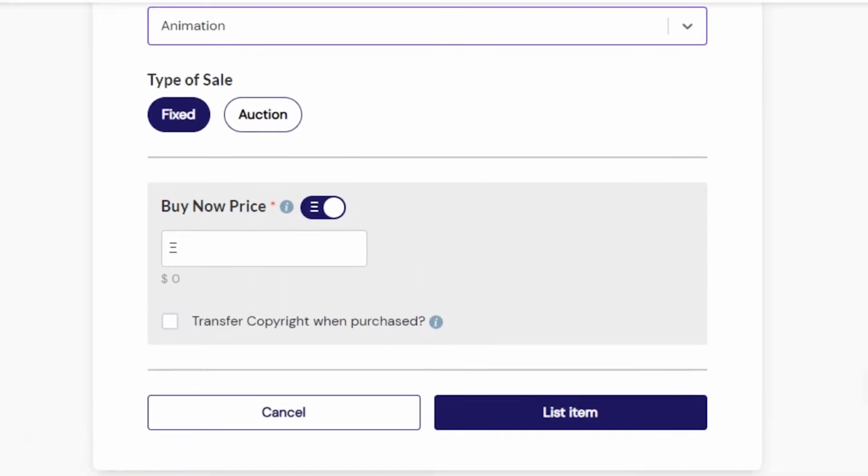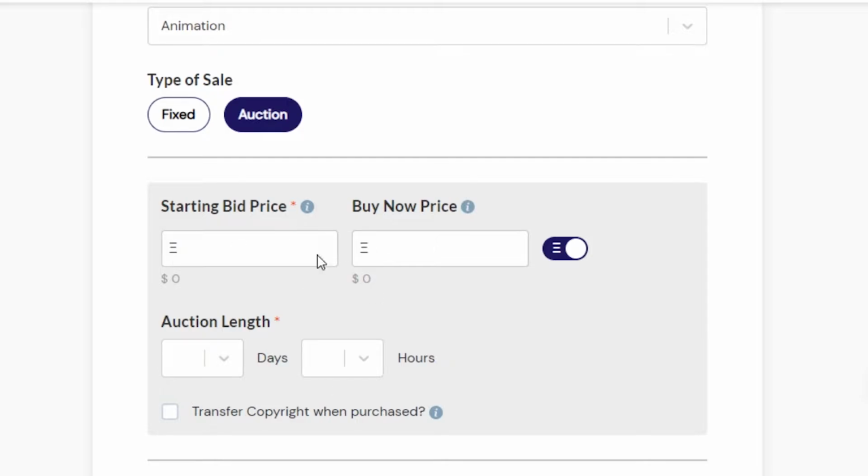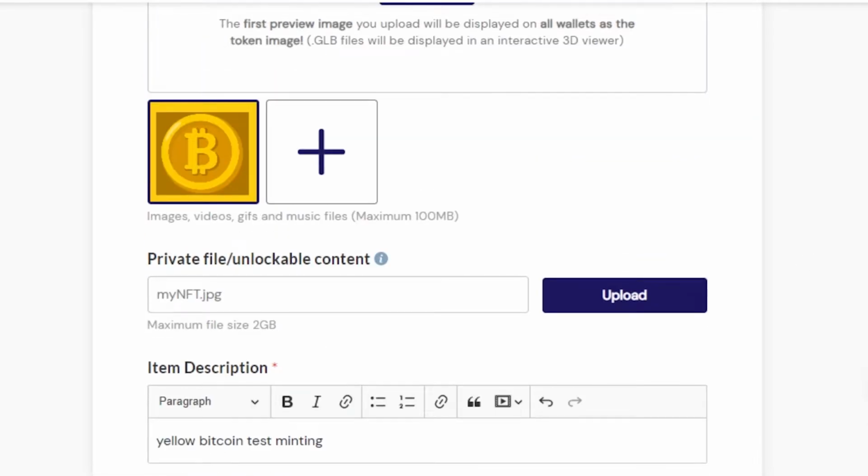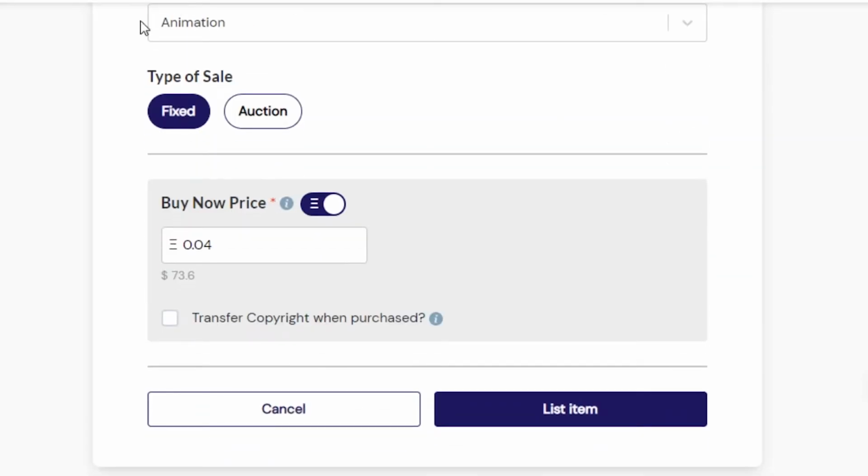Moving on, we have type of sale. This is where we select if it's going to be a fixed price NFT or an auction. I will be listing it as fixed and we will just enter the price right here. Or if you go with auction, then you will have to enter the details for auction length and add a starting bid and buy now price as well. I will go with fixed and enter the amount for my NFT, which is going to be 0.04 Ethereum. At the time of making this video, 0.04 Ethereum is $73, and that's what I am charging for this NFT. Once you have added all the details, you will click on list item